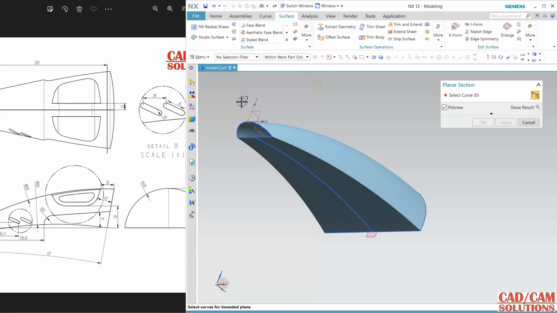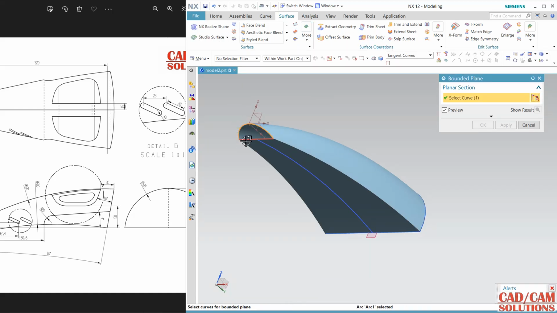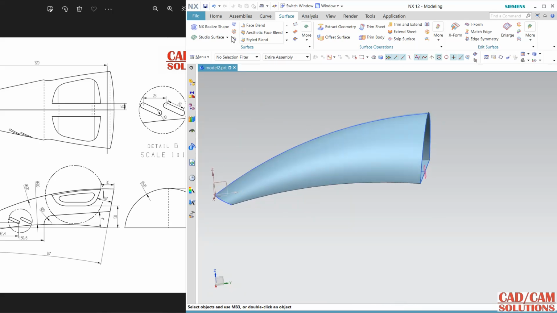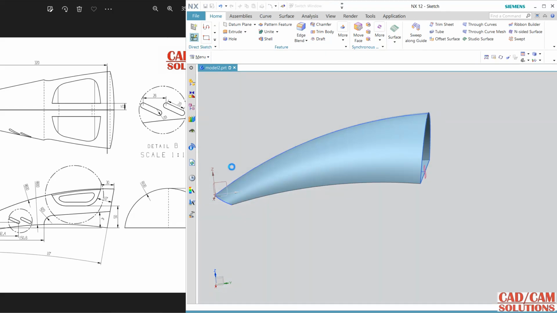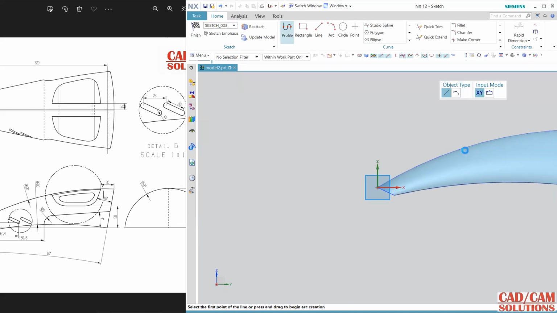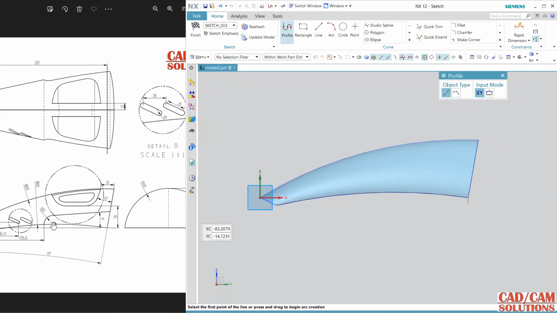And close this surface from here. So I am using bounded surface, okay, and again sketch and click here and okay. I'm starting with this, so a little bit taper and then arc. No, it is not proper, so use this arc from this to this and click here.